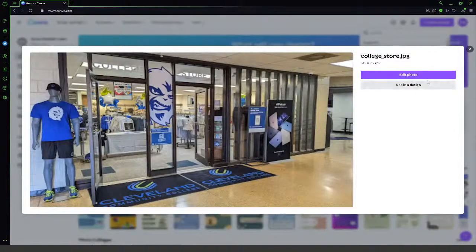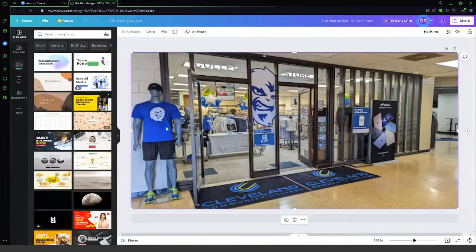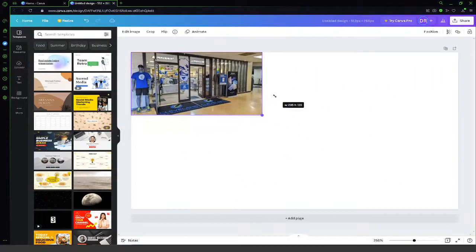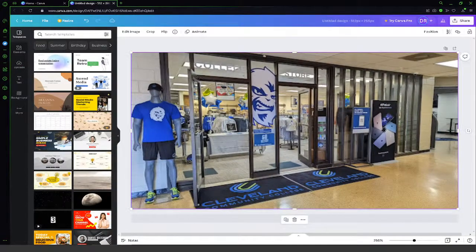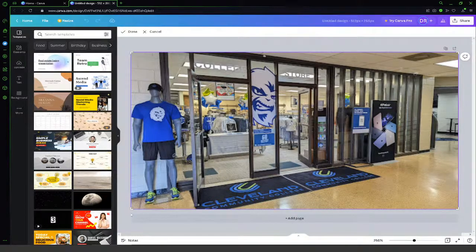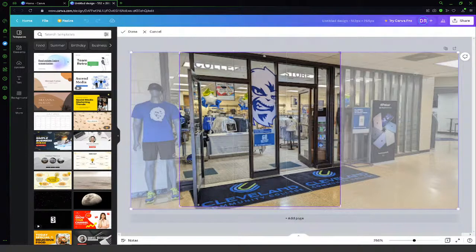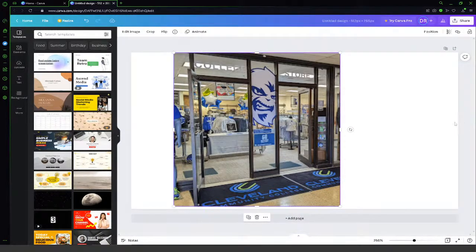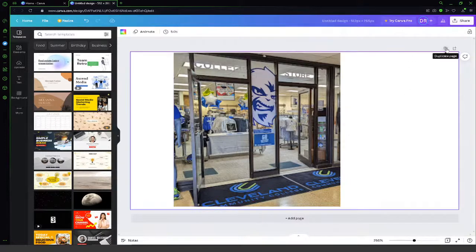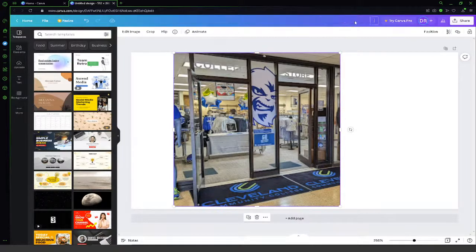Here's a photo of the college store. I can edit the photo. I can resize this photo. I can apply some filters to it. I can do some different things to it, right? So if I were, for example, cropping this photo to only be, say, this part of the front of the college store, I can do that. Various other things, right, just to get it ready